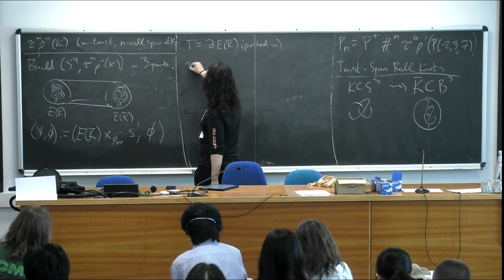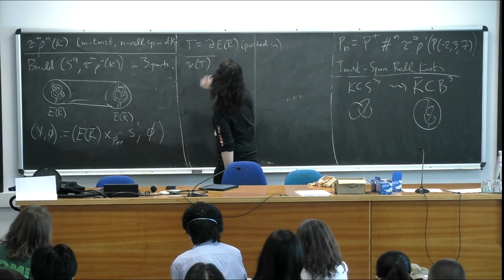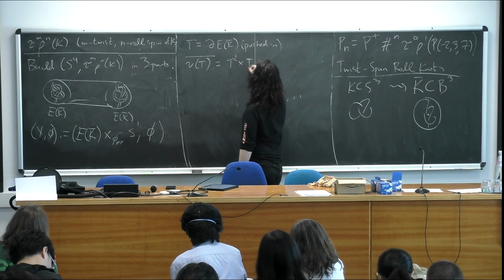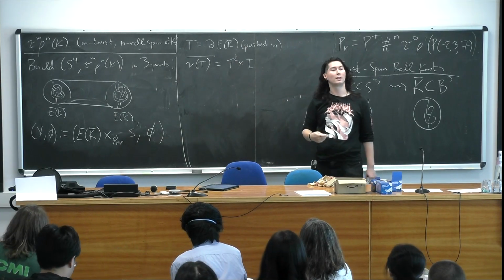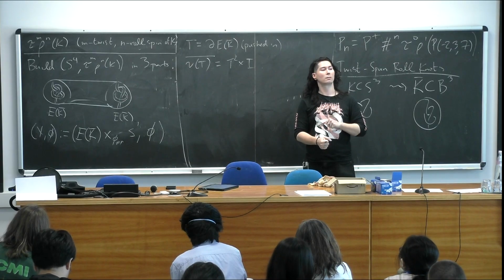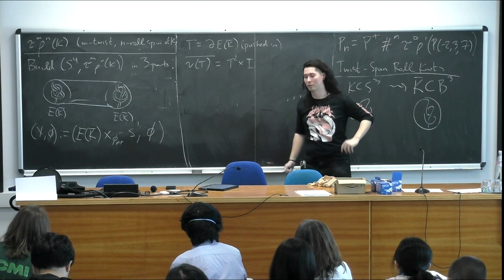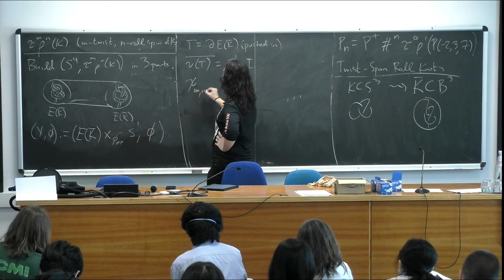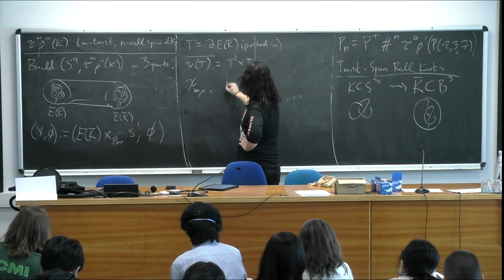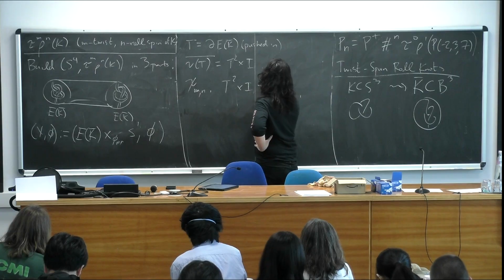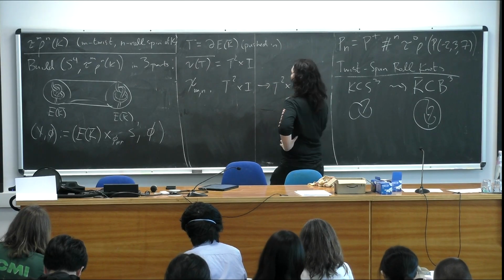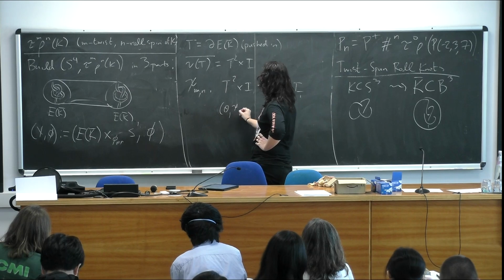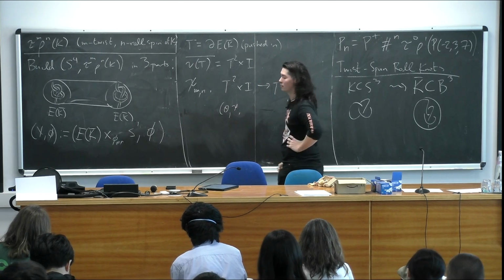And I'm going to make an identification of the closure of a tubular neighborhood of T with T2 cross I. And then basically I'm going to define a diffeomorphism on the neighborhood of this torus, and then it's going to be the identity everywhere else. All right, so we got CMN, which goes from T2 cross I to itself, and